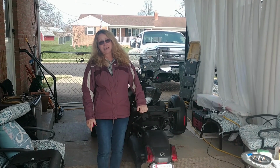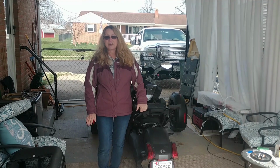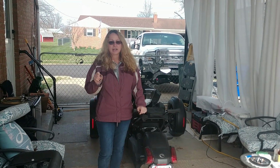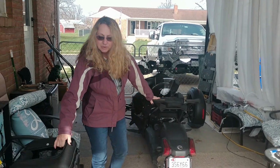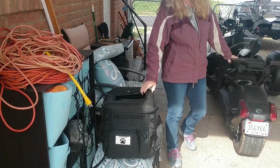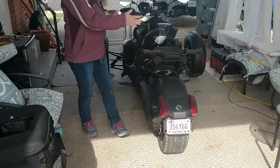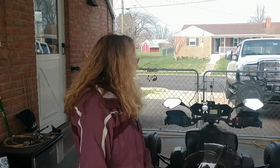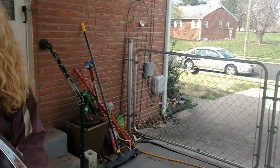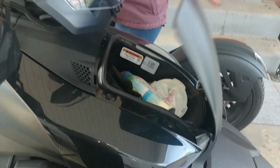I love this bike. The only problem I've had is lack of storage. We've got the pet carrier, which is great for carrying Dixon. Yeah, it is. Other than that, there is no storage on this thing. Well, where's the storage at? Well, we have the front up here. The trunk. The front trunk, which...